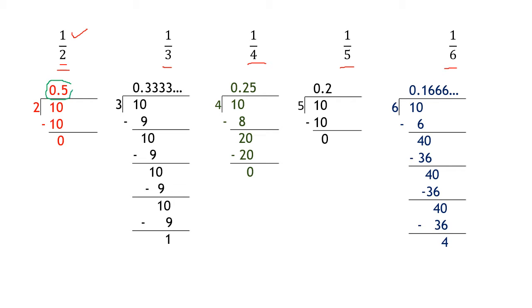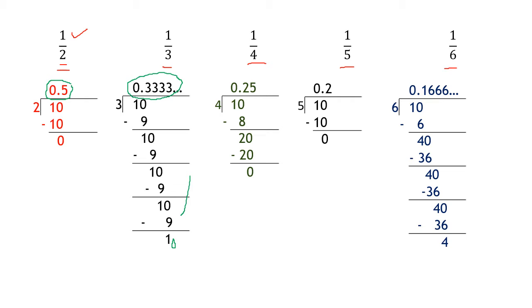That is the answer. Now when I do 1 upon 3, divide 1 upon 3, again here 1 is less than 3. So I put a decimal point and a 0. 3 3s are 9. 1 remains, I put a 0. 3 3s are 9. 1 remains and it goes on. So here also, if I continue, I put a 0 and 3 3s are 9. So 1 upon 3 I am getting 0.333333 and this never stops but goes on till infinity.